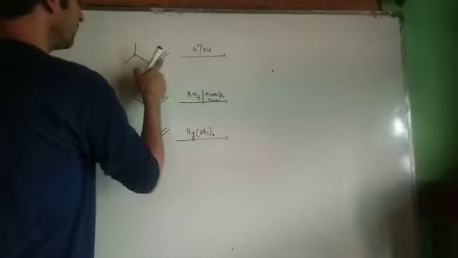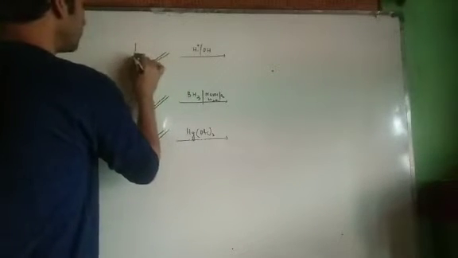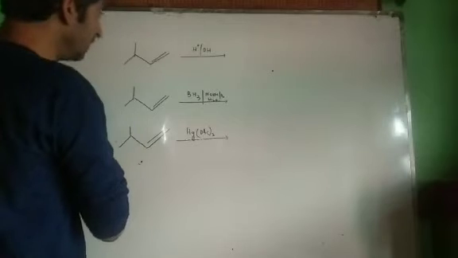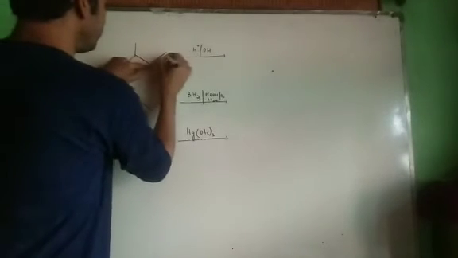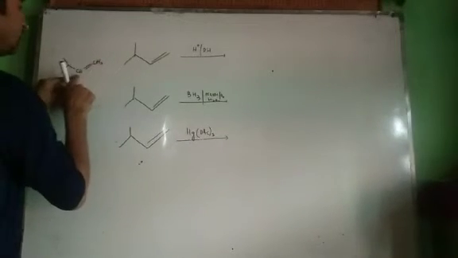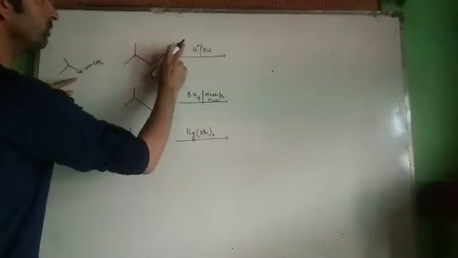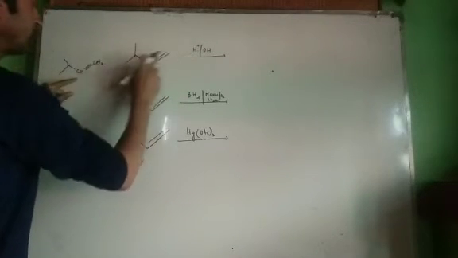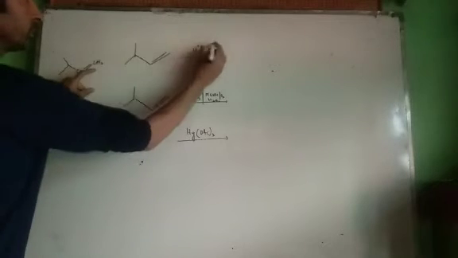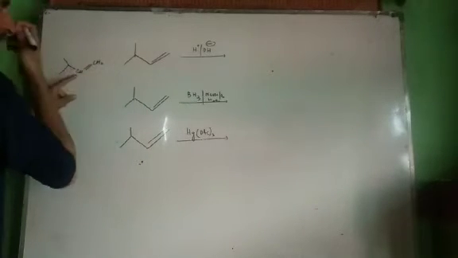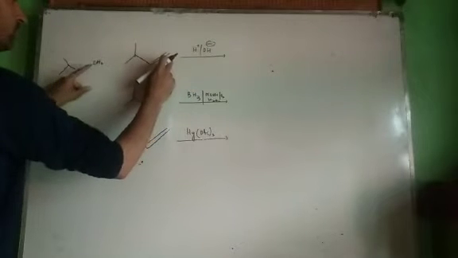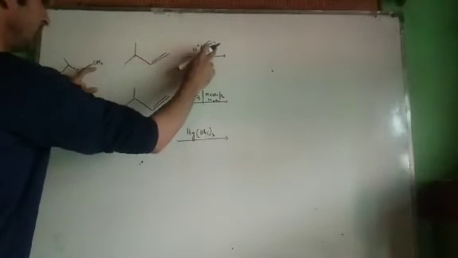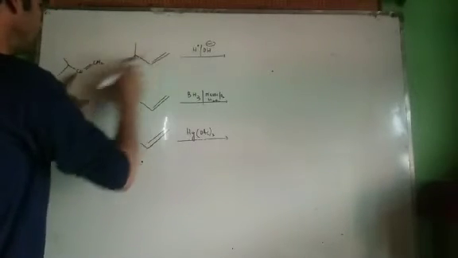Now see, this alkene is CH2, CH, single bond CH2, means this is an unsymmetric alkene. In this unsymmetric alkene, this is an sp2 hybridized carbon, and this is an sp2 hybridized carbon. If I write it like this, it will be CH double bond CH2. What I have said, in case of addition of water, H positive adds to that carbon atom which bears the maximum number of hydrogen atoms, and OH negative to that which bears fewer hydrogen atoms. Therefore H positive will attack over here, OH will attack over here.